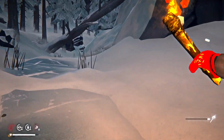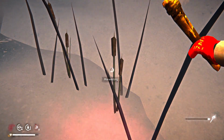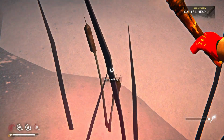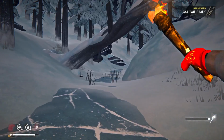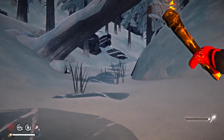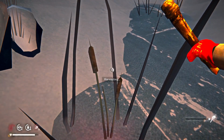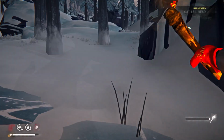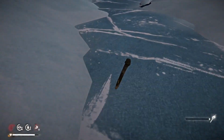I need to be ahead on the swivel here because there is a potential bear spawn on any difficulty, but on Interloper in particular it's a potential. So I think on Stalker it's always up, but on Interloper it isn't. So we might not run into a bear. There might not be a bear up here to run into, but if there is a bear, we do need